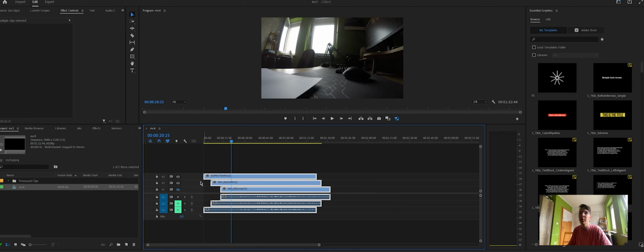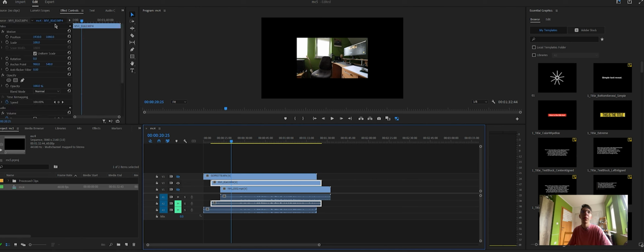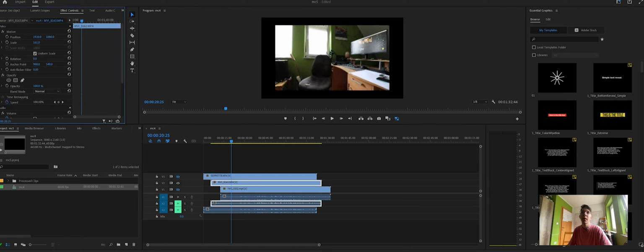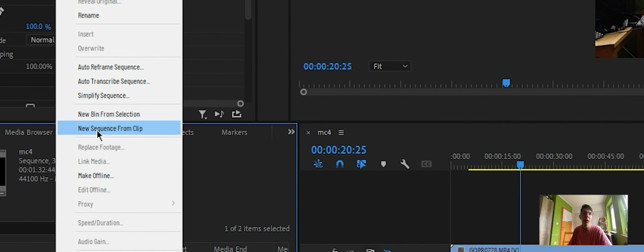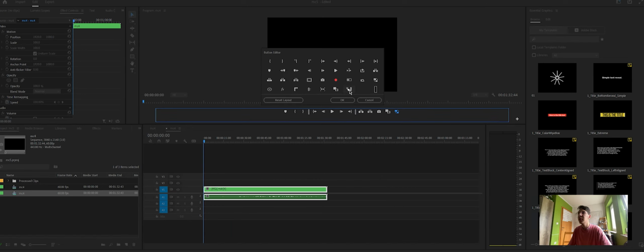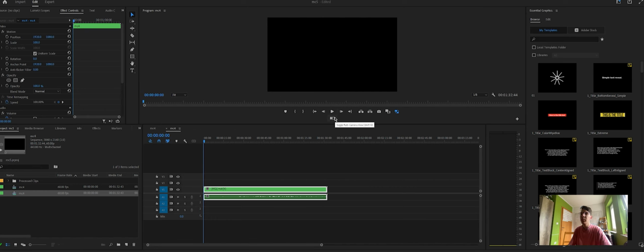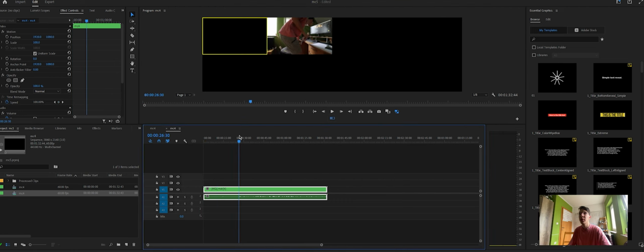I saw that this one was gonna be small, so go to effects and scale it up and it fits correctly. Okay, cool. And then you go back and then you go up here to new sequence from clip, and then you go to the plus sign, this icon, you drag it down here and you click this, and the window should slowly appear,